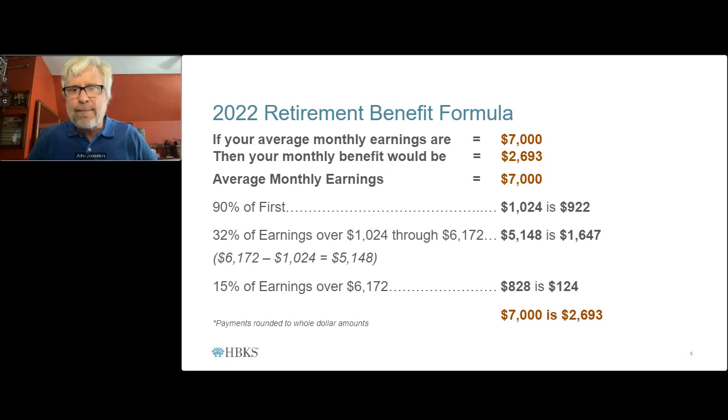And here's an example of the 2022 retirement benefit formula. This does get a little bit mathy. In this example, I took a person whose average monthly earnings would be $7,000 per month adjusted to inflation. Their benefit at their full retirement age is going to end up being $2,693. And how they get to that is you get 90% of the first